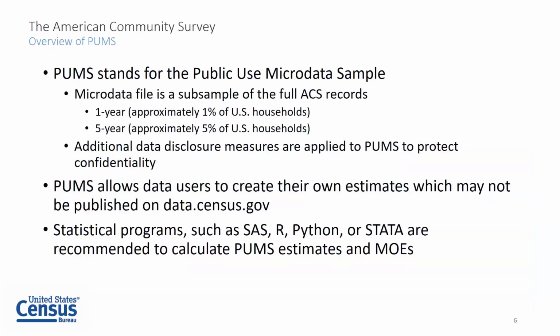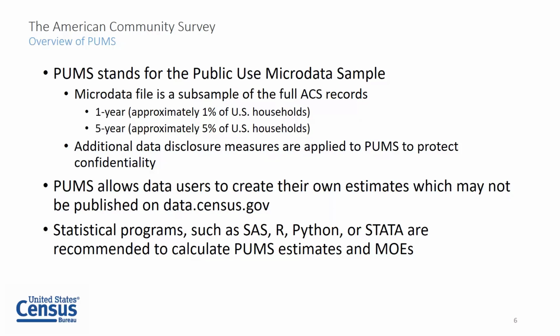Now it's time to get into the basics of the public use microdata sample, or PUMS, which is why we are here today. ACS data products are released about 1 year after the data are collected. The PUMS is a publicly available subsample of ACS records. 1 year PUMS estimates are a subsample of data collected over a calendar year and constitute approximately 1% of all U.S. households in total, whereas the 5 year PUMS combines data collected over 60 months and constitute approximately 5% of